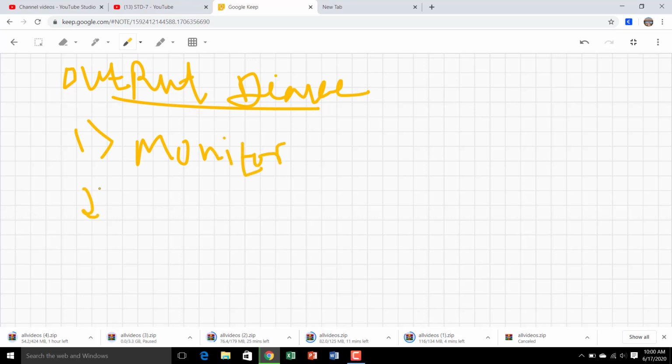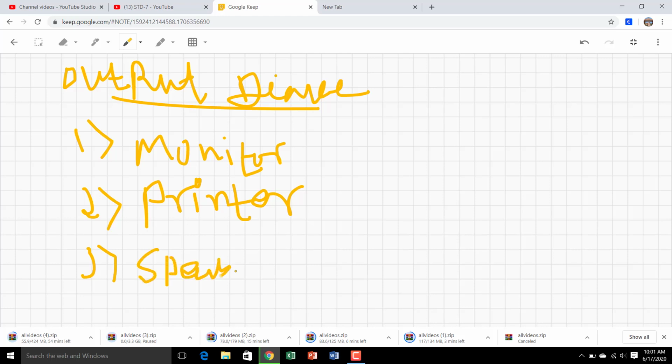The second one is the printer. The third one is speakers, and many others. So these are basically the output devices.